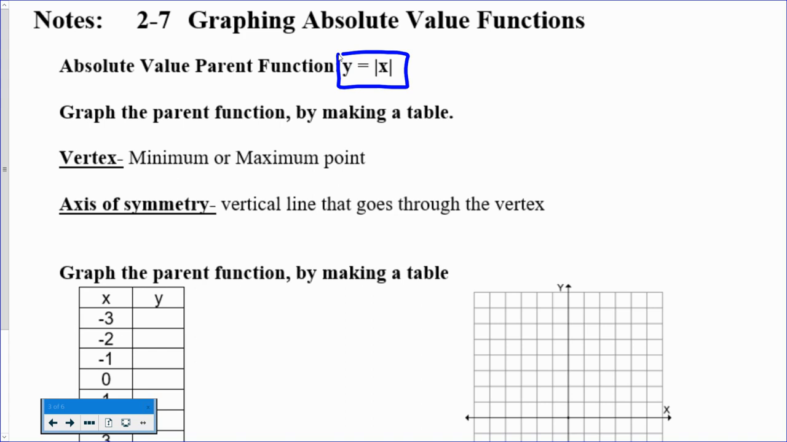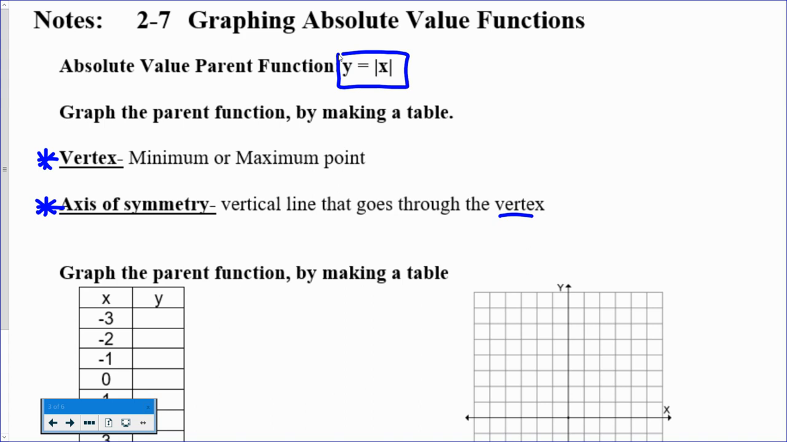We are going to first graph the parent function by making a table, and then we'll put it on our graph. A couple little vocabulary things. A vertex will be the minimum or maximum point for these graphs. Remember, they make a V-shaped graph, so that would have a possible minimum, or if it's flipped over, a maximum. We'll also talk about the axis of symmetry, and that's the vertical line that is going to go through that vertex point,